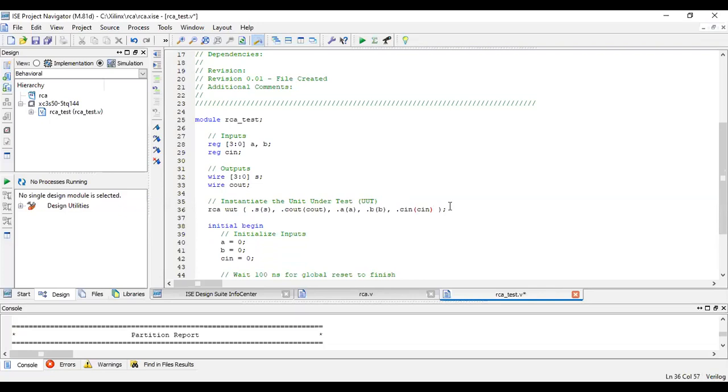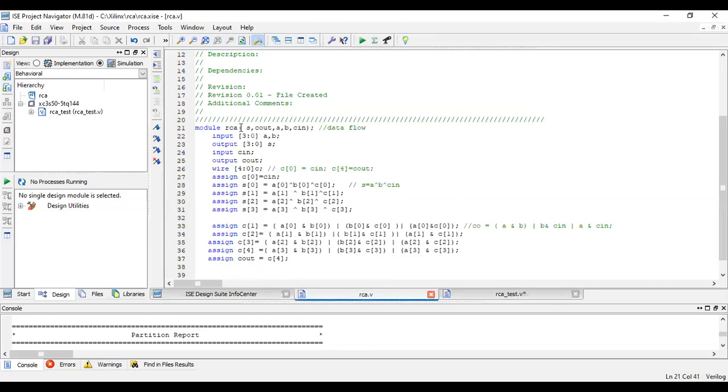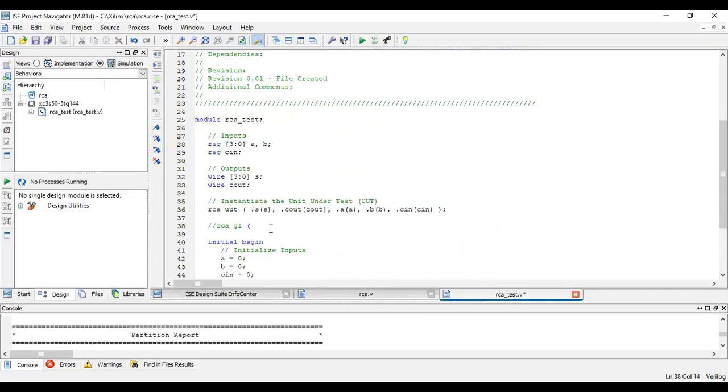Or else, if we write as per what we are solving, how will we instantiate? Let me make this a comment so that we can test that. RCA gate 1, I told. So what is the first element? In the main module, if you see, this is the main module. Here I have S, Cout, A, B, Cin. So the same order I should write over here: S, comma, Cout, comma, A, comma, B, comma, Cin.